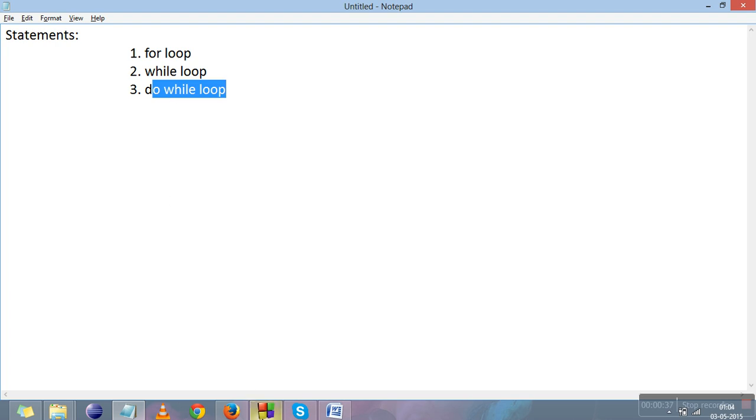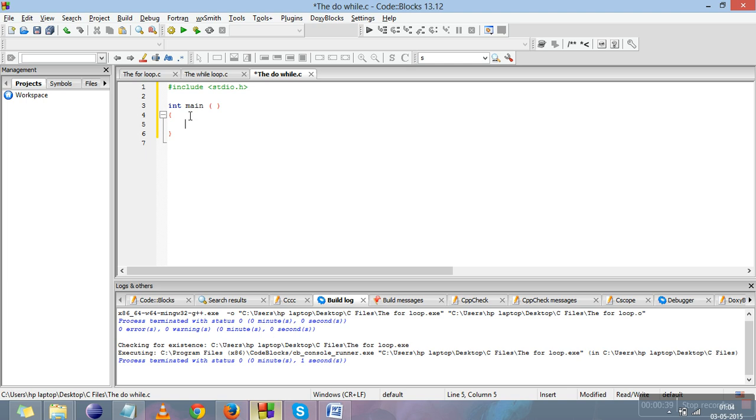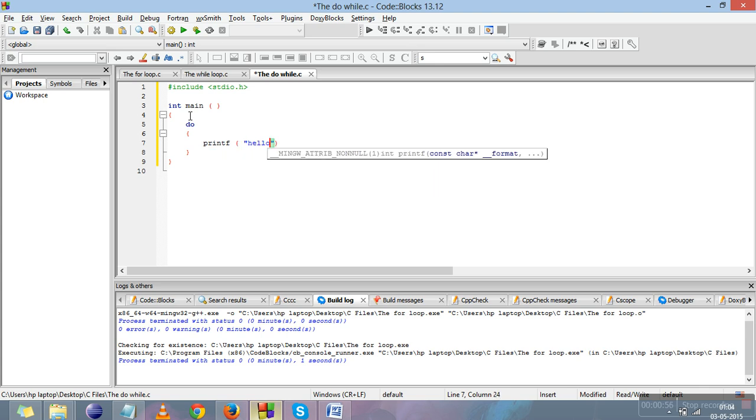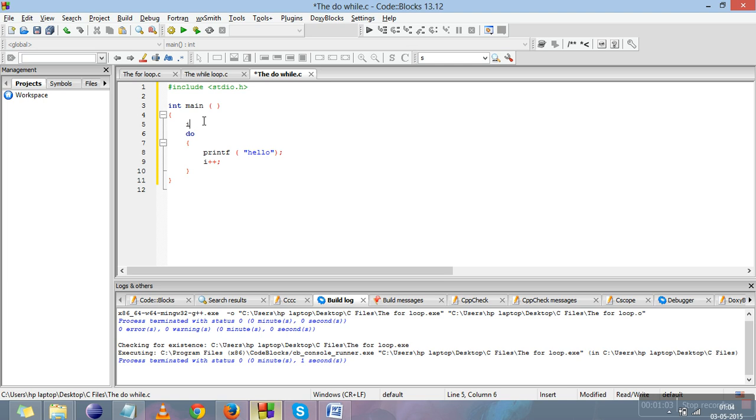Now let us move to the code part, and this is our do while file. Let me write a piece of code here with a do while loop, then we'll explain how the do while loop works. So this is the syntax of the do while loop. Do, the body of the loop: I'll print hello over here, and I'll do the increment, i plus plus. Before this I'll initialize a variable, int i is equal to 0, and after the body of the loop I'll write here